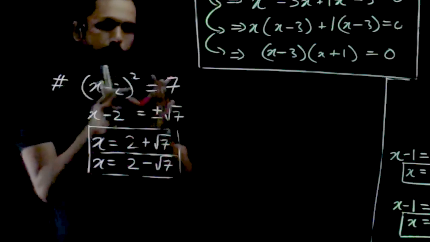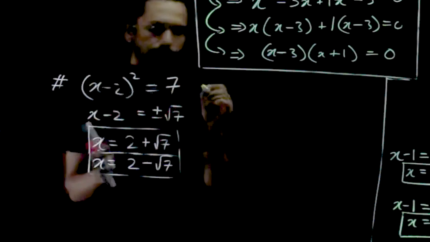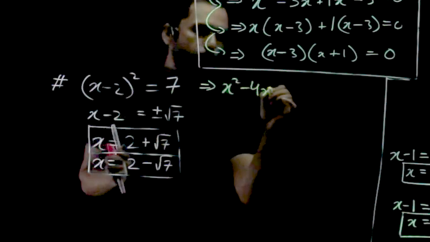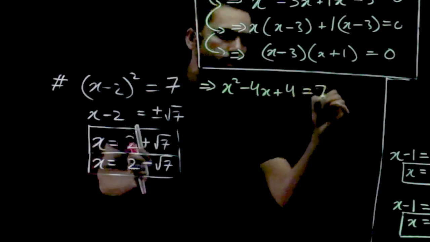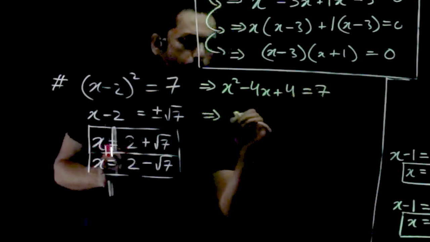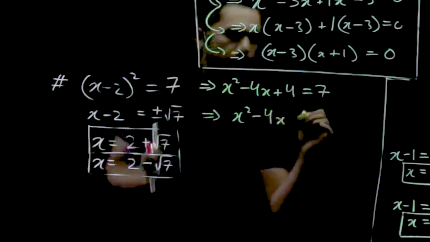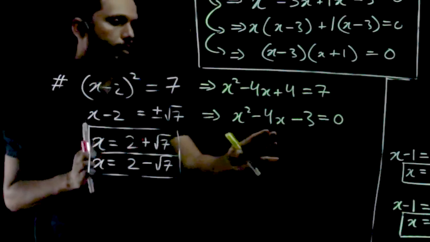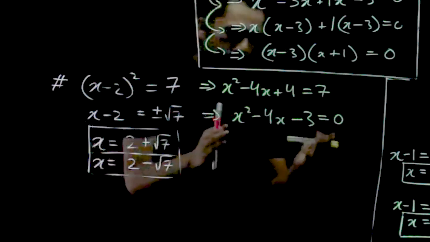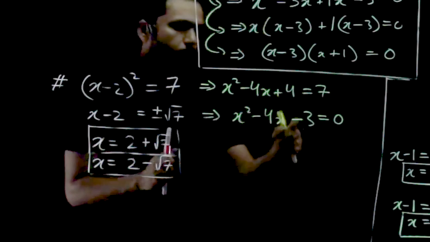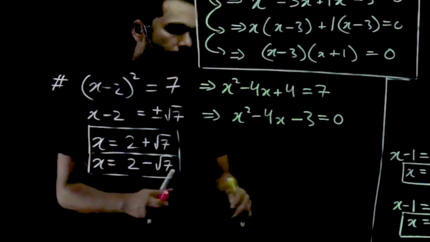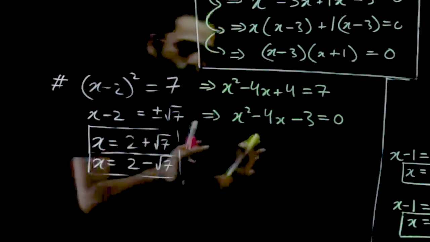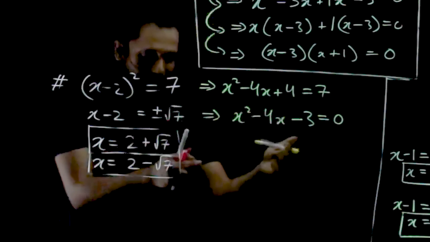Now the same quadratic equation could have been presented like this. x minus 2 whole square is x square minus 4x plus 4 is equal to 7, which means x square minus 4x minus 3 is equal to 0, in the standard quadratic equation manner. Now if this quadratic equation is given to you and I ask you to do it by factorization by splitting the middle term, then you'll keep on thinking of what the split might be, but you won't be able to get it. You won't be able to get it because the actual answer is an irrational number. So you won't be able to imagine that the split and the factor would be this, by the way.